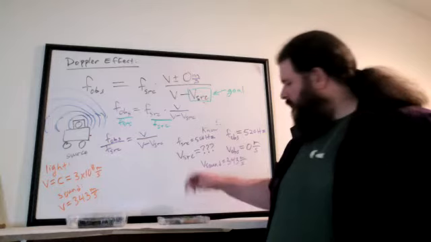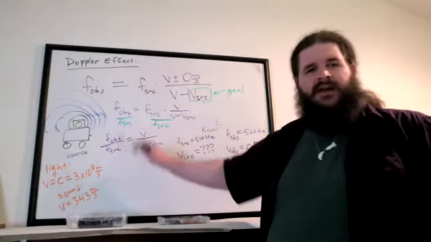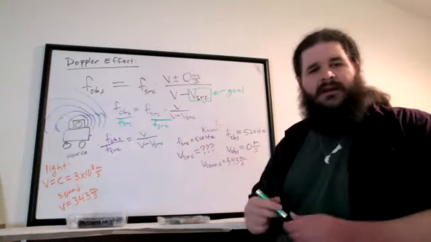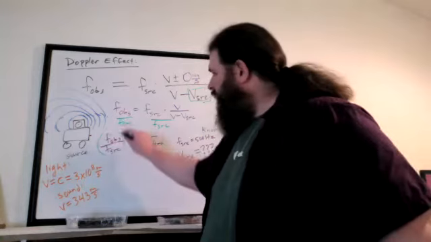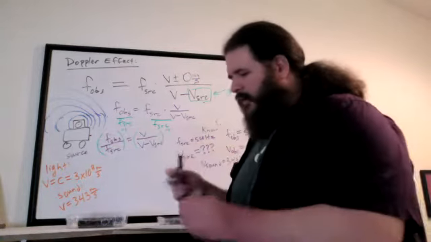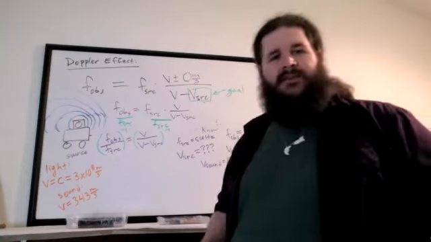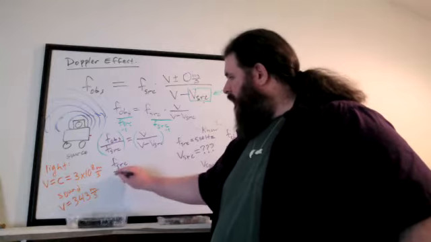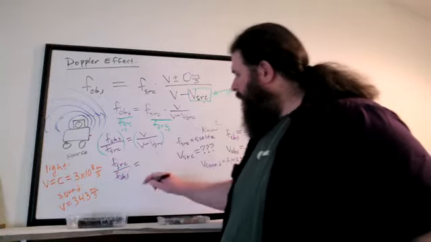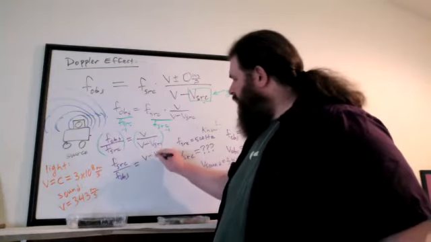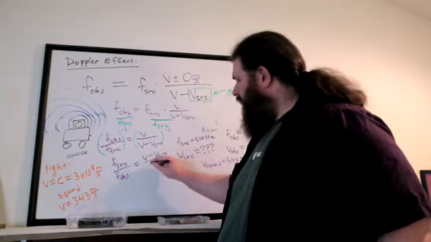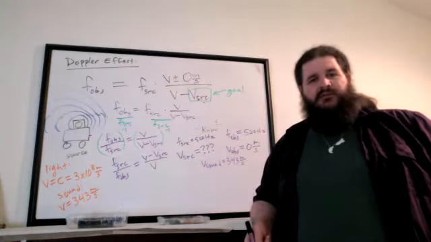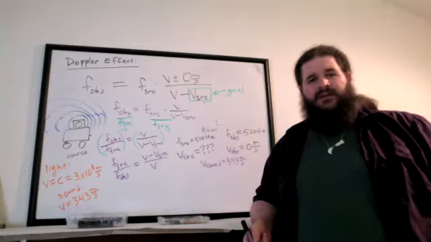Like taking the inverse of both? In a situation like this, where you've got a fraction equals a fraction, and the only difficulty is that the variable you want is in the denominator, I would just proceed by inverting both sides. Both sides to the -1 power. That just flips both fractions upside down. So this becomes frequency of the source in the numerator over frequency observed in the denominator. This becomes V minus V source over V, speed of sound. And now it becomes much more straightforward to isolate V source because it's in the numerator.